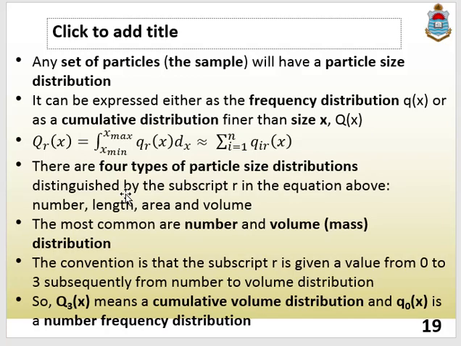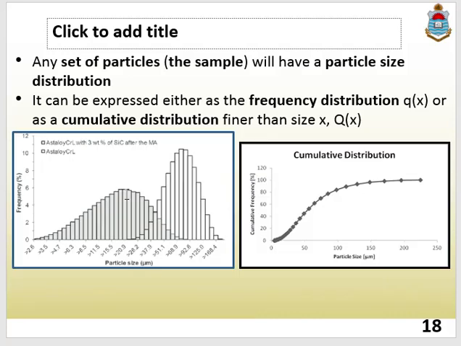On the other hand, we also have an option that instead of seeing all the particle size ranges individually, we combine them. We make a cumulative graph in which we keep combining the successive size ranges and the mass of each size range, and both of them have their own application.